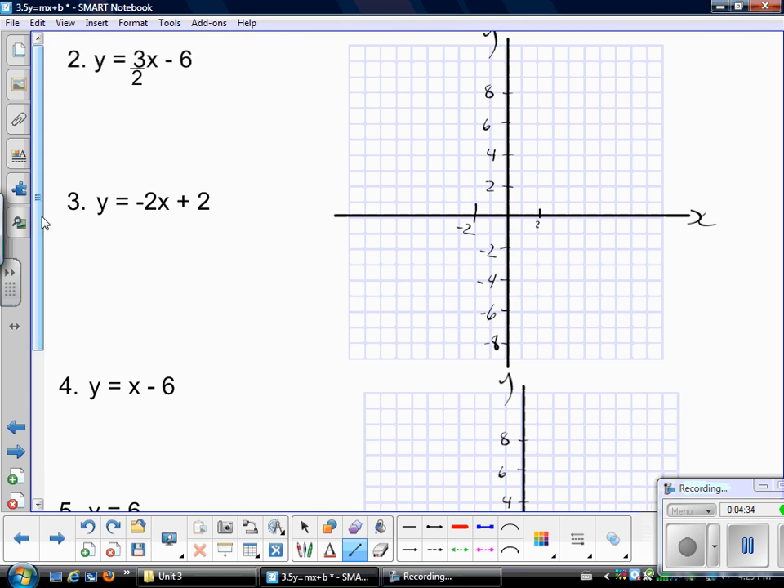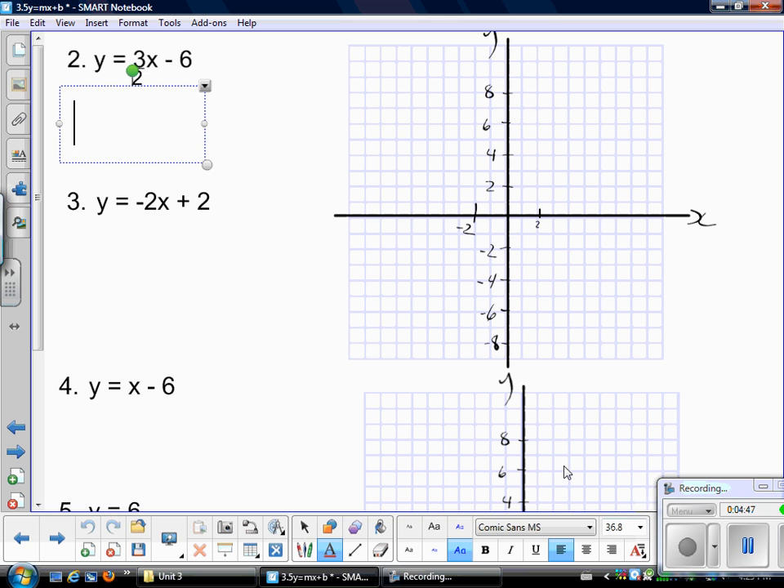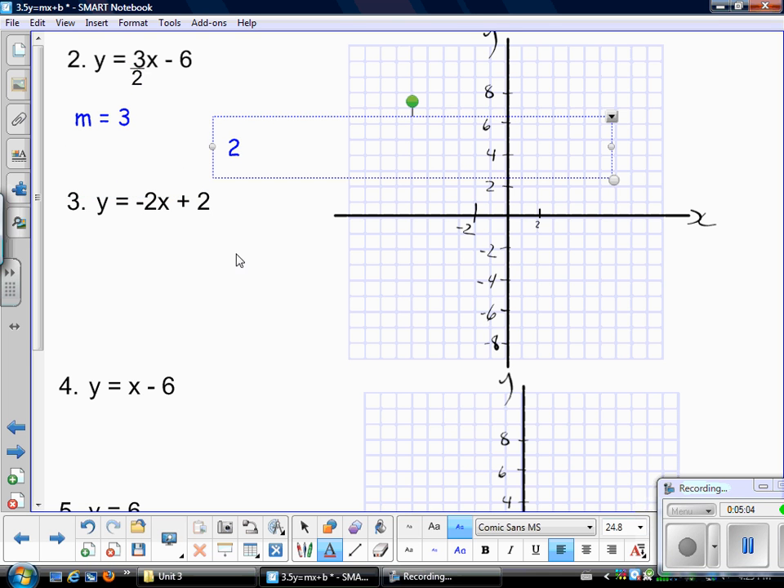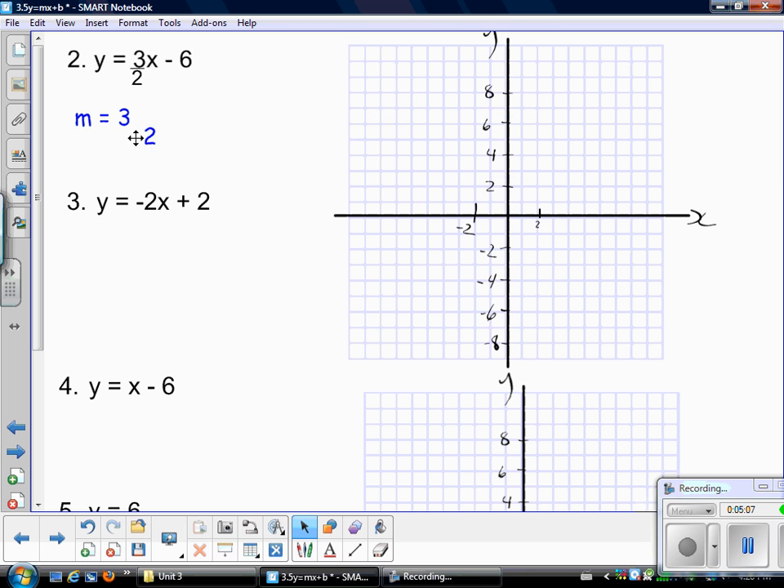The first one says y equals 3 halves x minus 6. The first thing, remember, we're supposed to identify our slope. In this case, I'm just going to type it because it's faster. We're going to have our slope equals 3 over 2. That's the problem with the smart software, it doesn't do fractions, but that's all right. I'll just make it do what I want. So 3 over 2. And we know that our y-intercept is